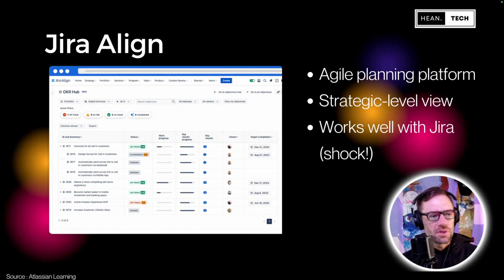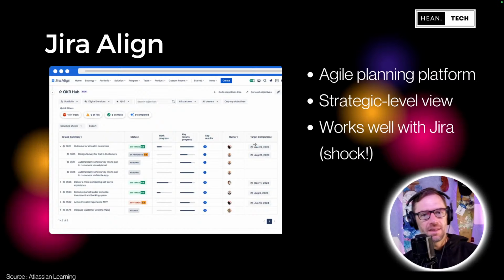Jira Align attempts to give people a higher level view of things, and you can see in this screenshot, it's giving me a portfolio and particularly giving me OKRs, so objectives and key results, a way of planning at a higher level. And I can see here that this one is on track, this one is off track. So it's not giving me Jira tickets, it's giving me a view across an organization of how things are going, and then letting me know at a high level how much progress is being made, who is the owner, when should we complete it. So if Jira is the tactical, the day-to-day view, this to me is a more strategic view, so a higher level look at how things are going.